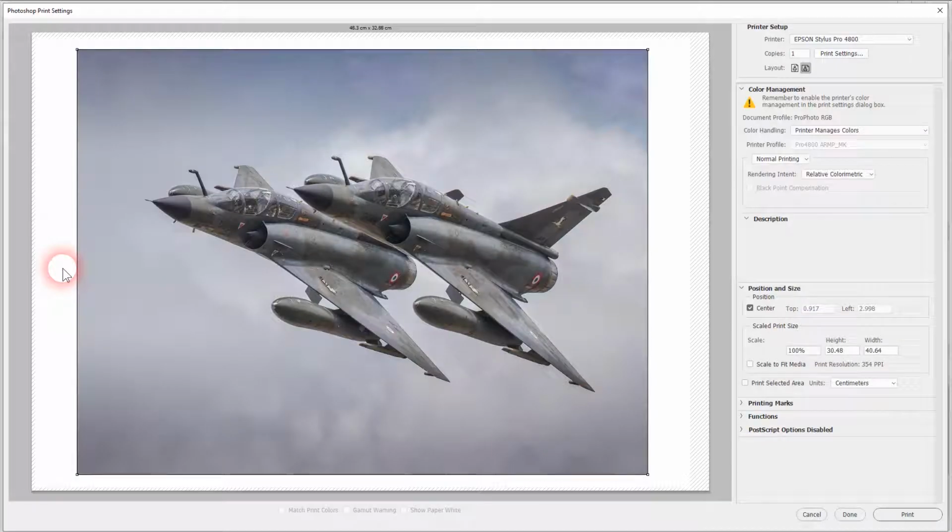Now so far we've been using Lightroom, which has been color managing in the background all our images. We've sent it to Photoshop, and again we've ensured that Photoshop color manages the image through the Pro Photo RGB color space, 16 bits per channel. What we don't want is just to hand the image over to the printer and say, well, just get on with it, basically. Now normally the default setup for this is the printer interface, and this will of course differ